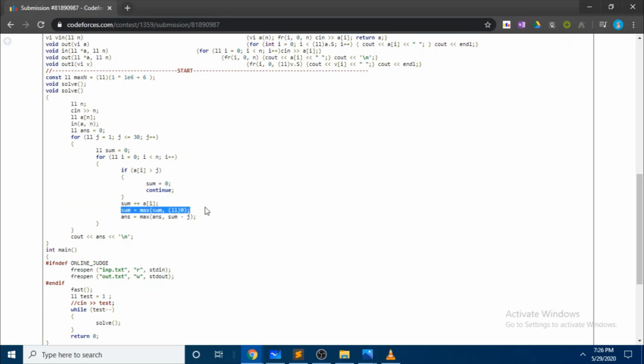And if that sum is less than or equal to 0, we will assign that sum equal to 0. We will update the answer as we want the maximum sum. Here we are removing by subtracting j from the sum. So initially it's 0. We will calculate the sum, remove the jth element from the sum, and store it into the answer. So finally, we output the answer. So thank you guys.